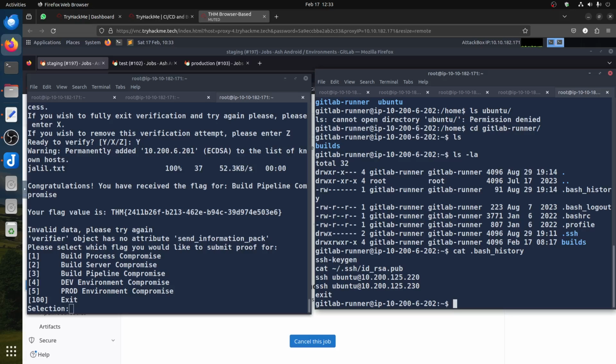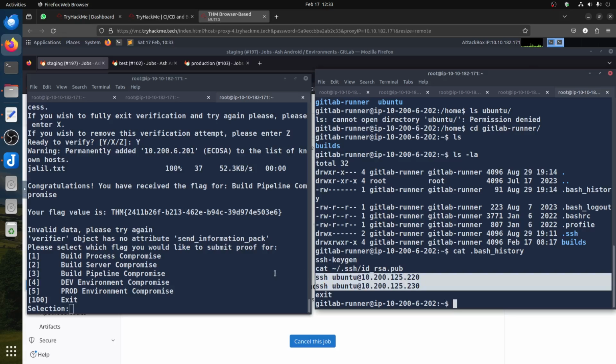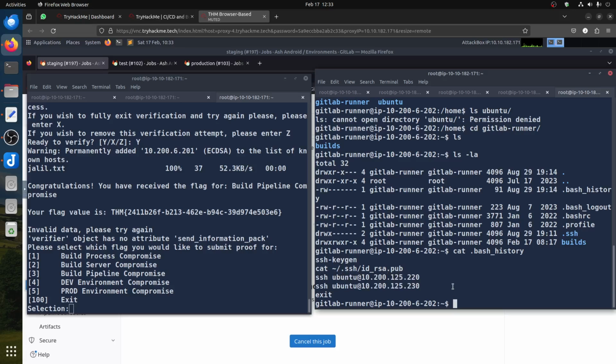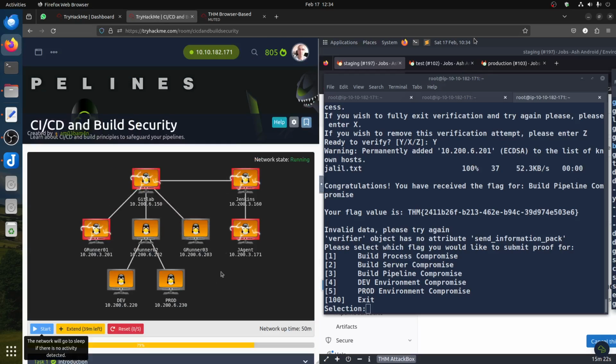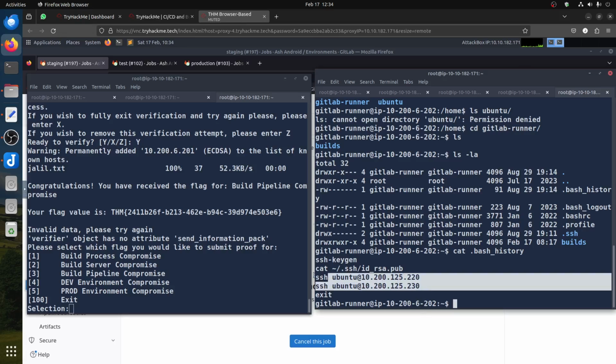Then the idea comes. I saw this. Okay, if I'm here now, I need to access this too. So how the hell will I access this too? It's not lateral movement in Linux or something. How can you access? The only way you can access something is with SSH, and you get this in the history to give you